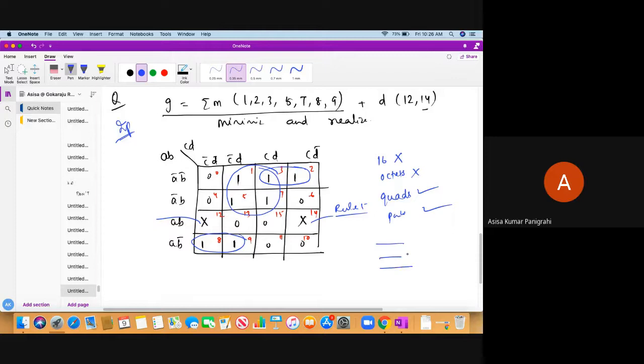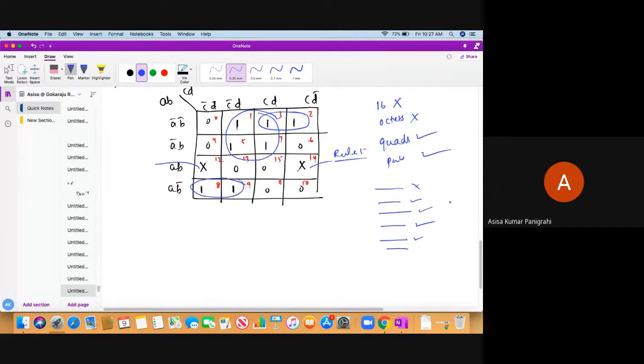What are those 6 rules? I have told you. Don't cares are represented as X. A don't care can be a minterm or maxterm in the K-map. Next, a don't care can be combined in order to give a minimum number of literals. Next, all the don't cares can be used, and a don't care can be used more than once, to get a minimum number of literals. Then there is no such rule that all the don't cares should be combined. And at the end, a don't care must be combined only if at least one minterm or maxterm is present for the combination. Okay, these 6 rules you have to remember in order to combine with the don't cares. Otherwise, you will surely get a problem and will not be able to solve it properly.